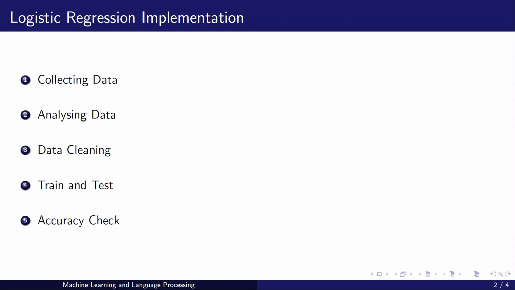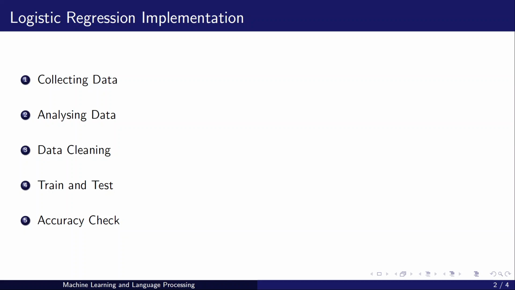Second step is to analyze and understand the data. So analysis includes looking at the data and trying to understand the details of the data, or even more, like understanding some of the different patterns, etc. It's some sort of a statistical analysis. Then comes the data cleaning. Data cleaning in the sense, in some of the cases, the data may contain missing entries that need to be filled with some values or by some default values, or we may have to remove that entire column. Something has to be done. Then comes the actual training and testing. Then to check the accuracy of the implementation.